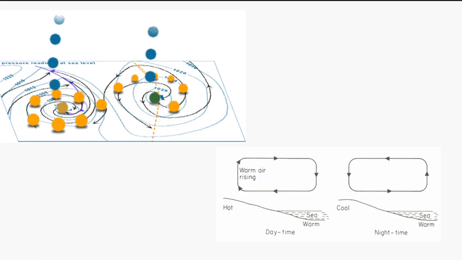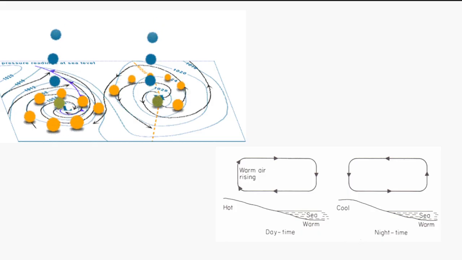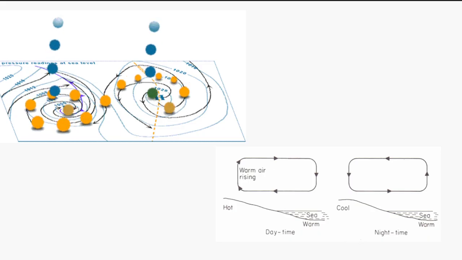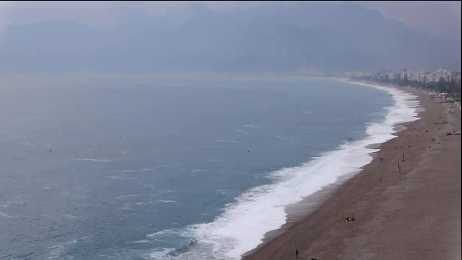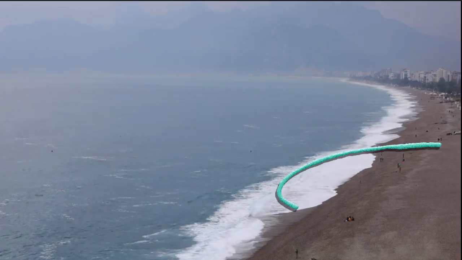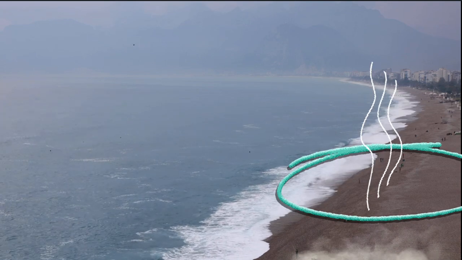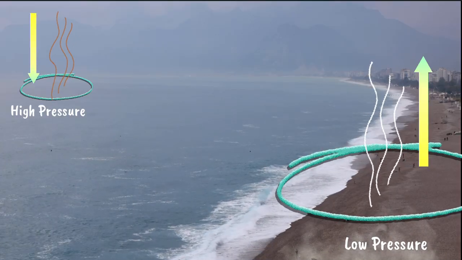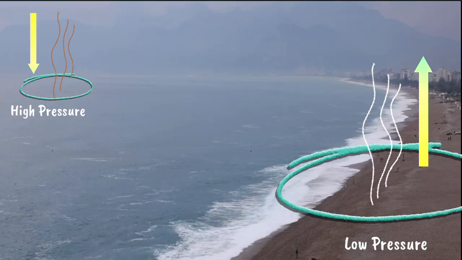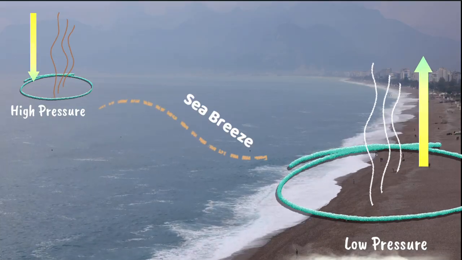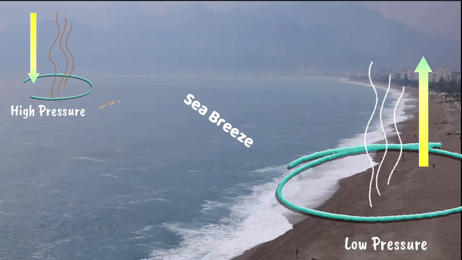Now to understand this theory, first we need to have a brief knowledge of wind movement from high pressure to low pressure, which we shall analyze through the phenomena of land breeze and sea breeze. During daytime, the landmass, being solid, gets rapidly heated and develops low pressure. At the same time, sea, being fluid, remains comparatively cooler than land and hence develops high pressure. The wind during daytime hence travels from sea, that is high pressure, towards land, that is low pressure, and this is tagged as sea breeze.